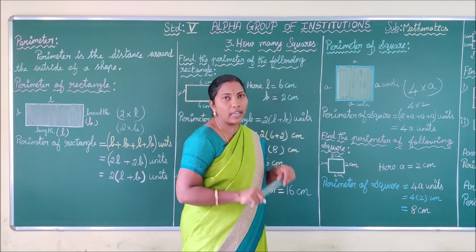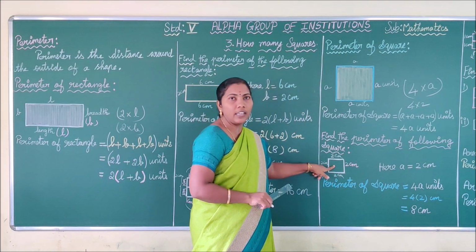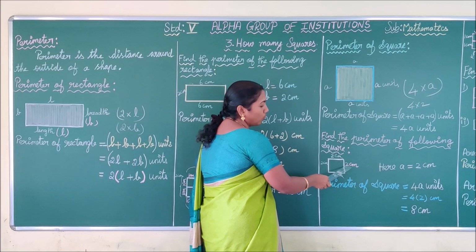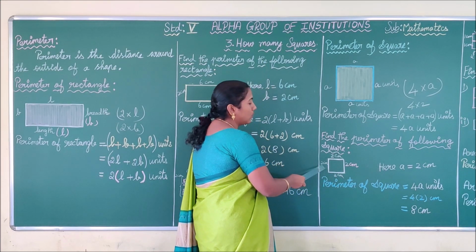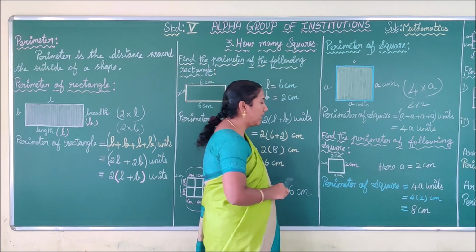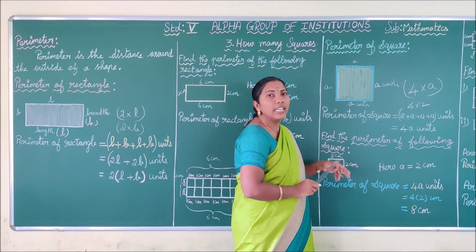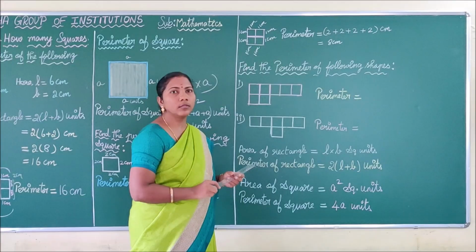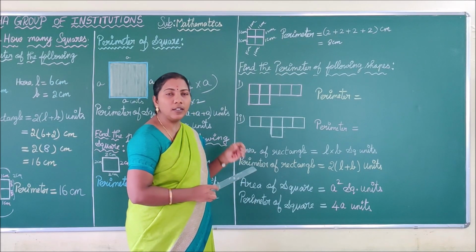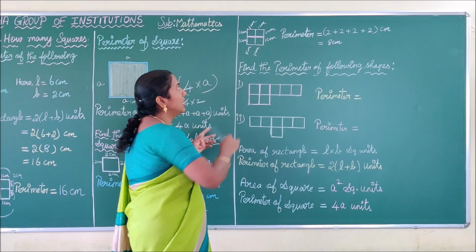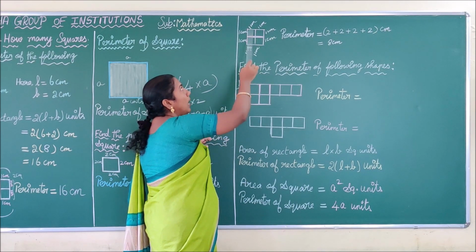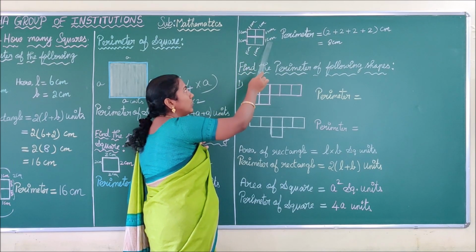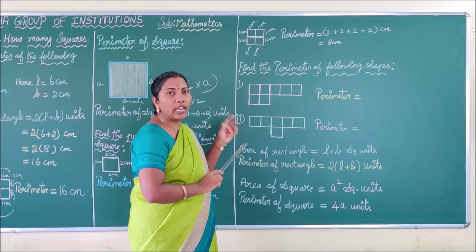Now we are going to calculate the perimeter of the square directly. How can we calculate? You just add the length of each side, that is 2 plus 2, 4 plus 2, 6 plus 2, 8 centimeter. Thus we have calculated the perimeter of the square directly as 8 centimeter. By formula also we have calculated 8 centimeter. It's clear, children? Next we are going to find the perimeter of a square by using the squares. See here, children, they gave a shape and the side of the given square is 1 centimeter, 1 centimeter, 1 centimeter, 1 centimeter, like that. What they are asking is to calculate the perimeter of it.